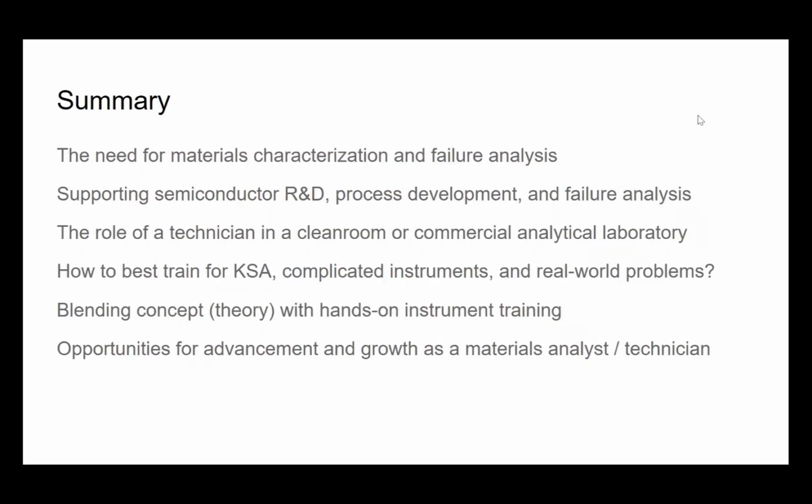So in summary, materials characterization and failure analysis are very, very important in supporting semiconductor manufacturing. These applications include R&D with materials, process development, failure analysis. The role of the technician is to support a scientist in a clean room or a commercial analytical laboratory. And the best way to train for this,